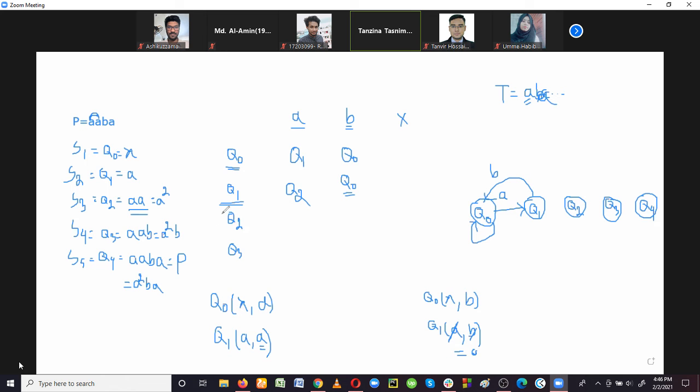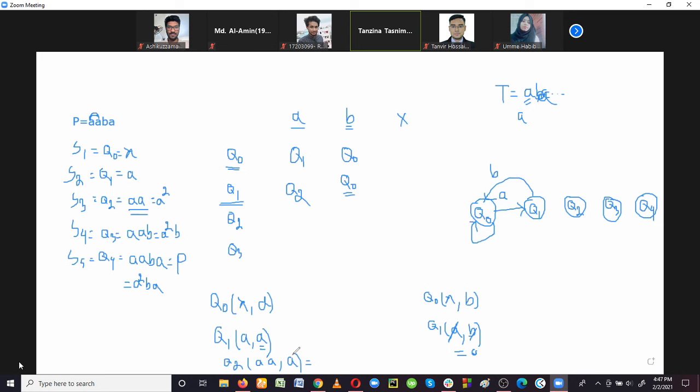Now the next step is Q2. Q2 is the next state. So it can receive A and B, right? What is the value of Q2? AA. After receiving another character A, what will happen? Now it has total 3 A, right? Suppose this is state Q2 and its value is AA. So when the algorithm reads a character from the text, and if that character is A, what will happen? How many A are here? Total 3 A.